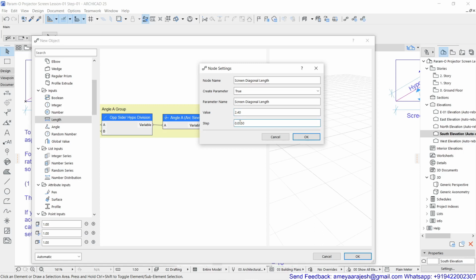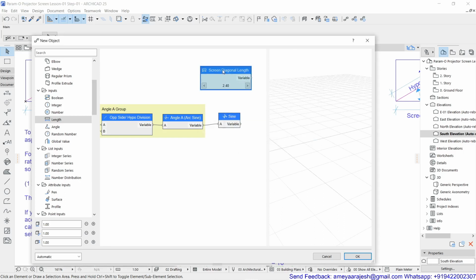You have some predefined sizes like maybe 1.8 meter, 2.4 meter, etc. Or if you want to identify them in terms of inches, then 36-inch screen, or 42-inch, or maybe 96-inch, and so on. That's the reason the value I'm right now putting over here is in meters. Later you can change it as per your choice. Step is nothing but the increment value, which we can use while editing. So I'll just put 0.01. It's optional and it's your choice again.